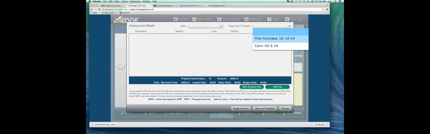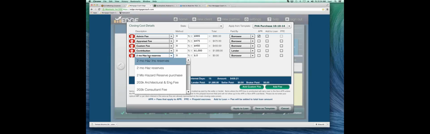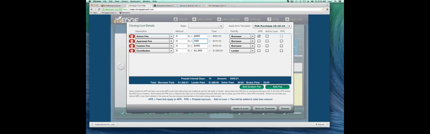What I'm going to do is pull down my FHA template you just created. So this is the quick way of developing the second and third and fourth templates. If I click on FHA purchase, I can add additional fees if I had additional fees for this new conventional template, or modify the fees. My appraisal amount might only be $450. Once you've added this, some have tax service, some don't, things like that. Just create your template, add, subtract from the one you've already built, and when you're done, just save it as